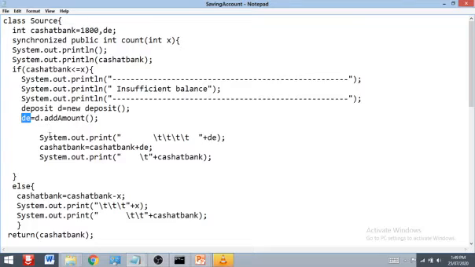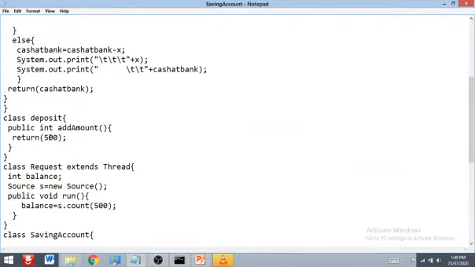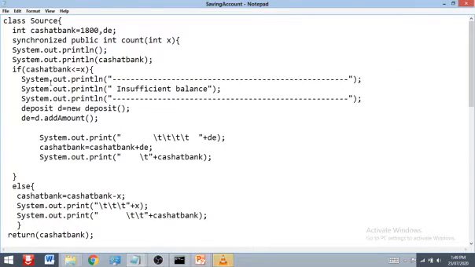Then here we can see the class Deposit, public integer add amount. Suppose it returns 500, it means they are going to add 500 rupees. You can collect the value from the user. Then I show the deposited amount on the screen.